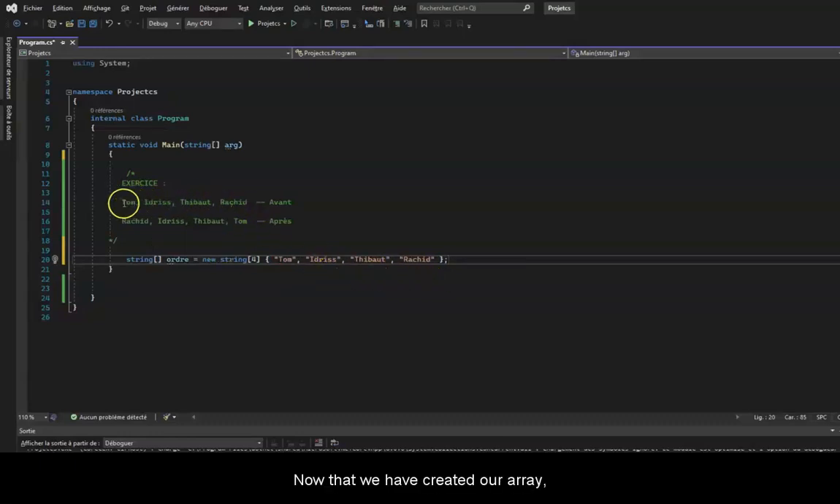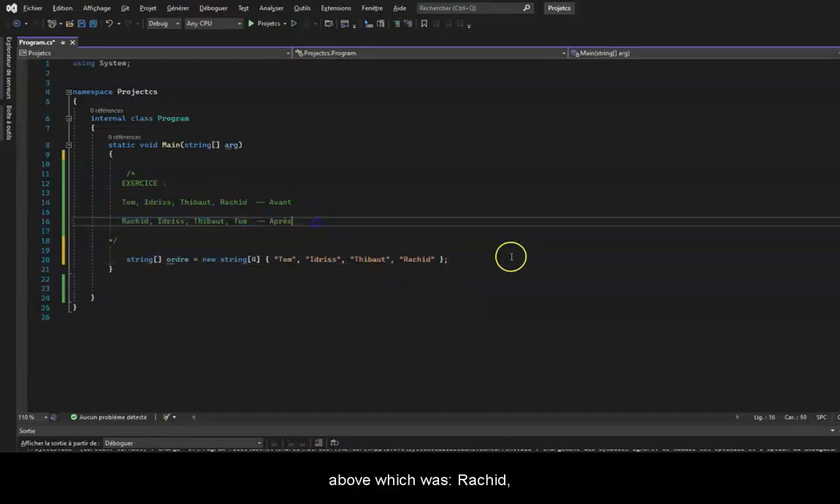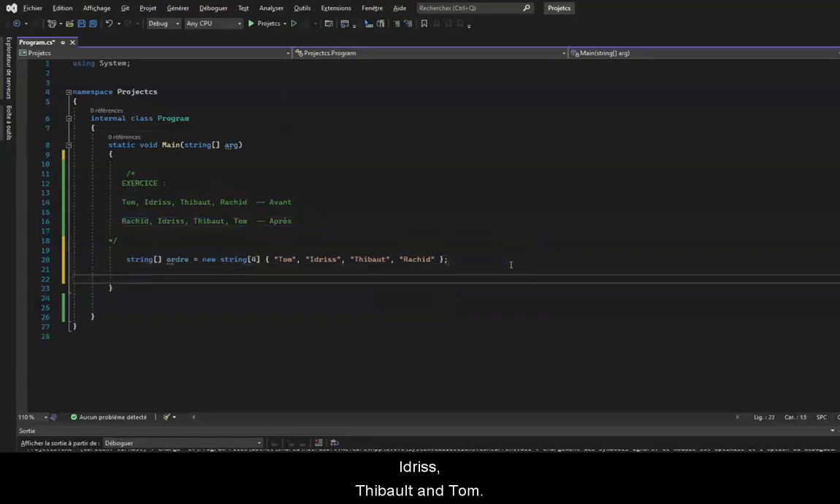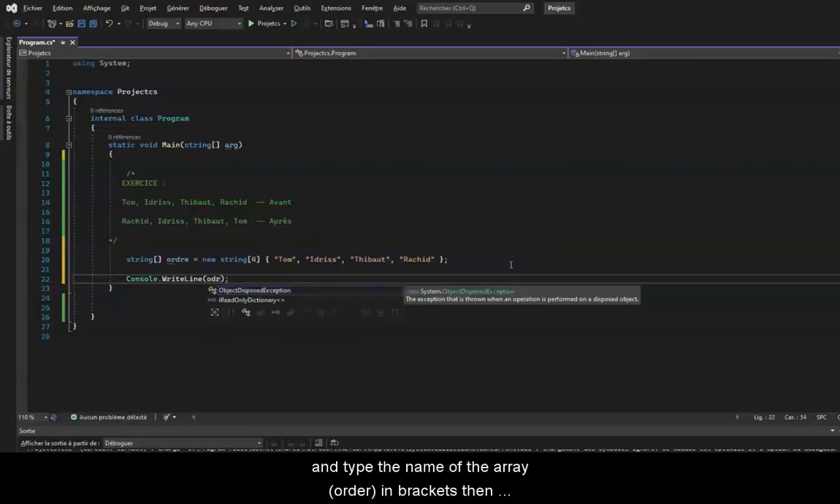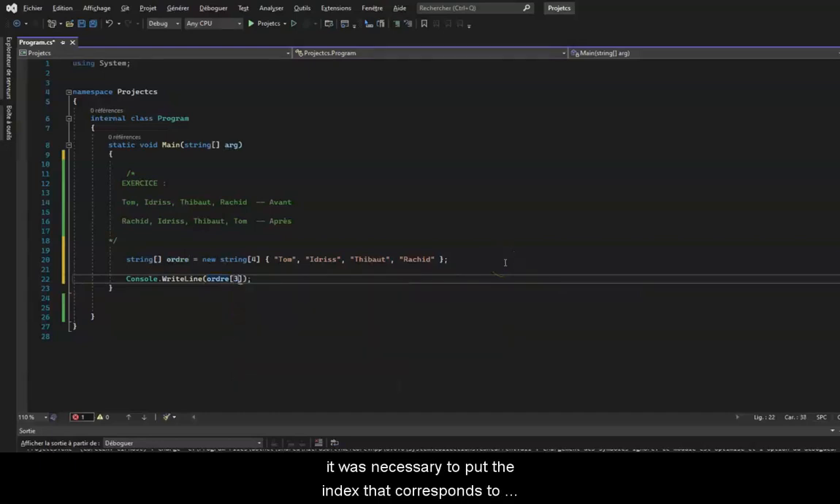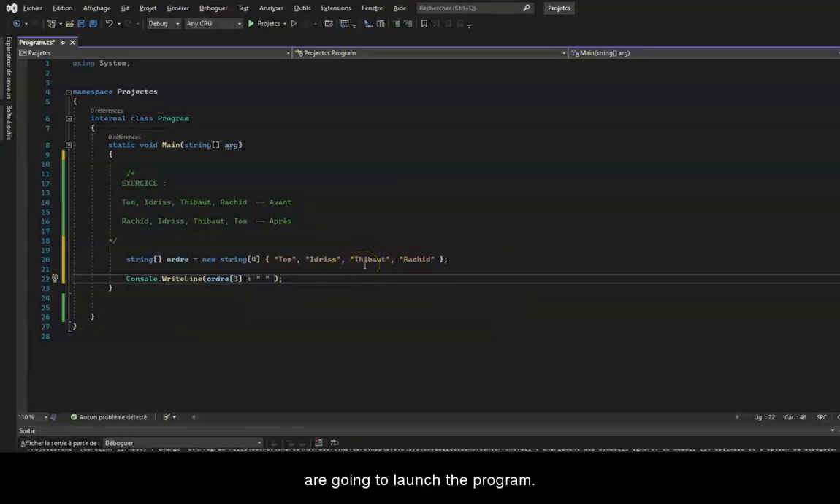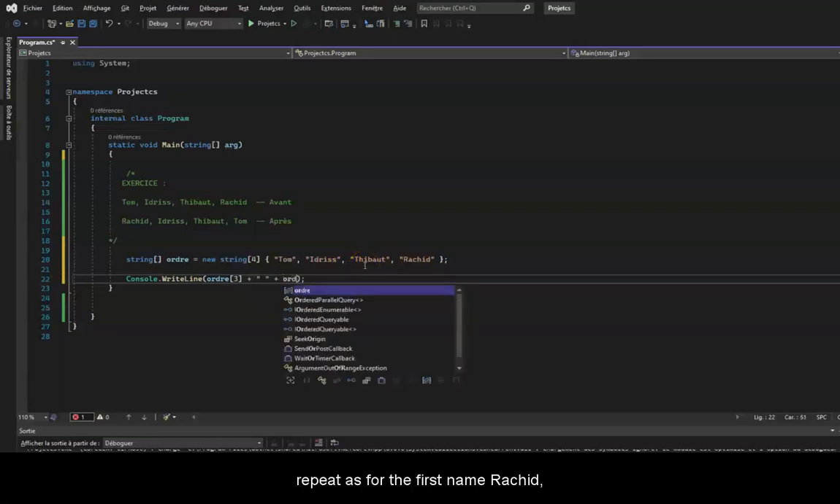Now that we have created our array, we will display the values in the order that I had given you above, which was Rashid, Idris, Thibault, and Tom. So here you just had to type console.writeLine and type the name of the array in brackets, then bracket, and in these brackets, it was necessary to put the index that corresponds to Rashid, thus 3. Then add a plus sign and quotation marks, then a space. It is just a matter of displaying so that the first names are not stuck together when we are going to launch the program. Then we will add a plus sign and repeat as for the first name Rashid, order